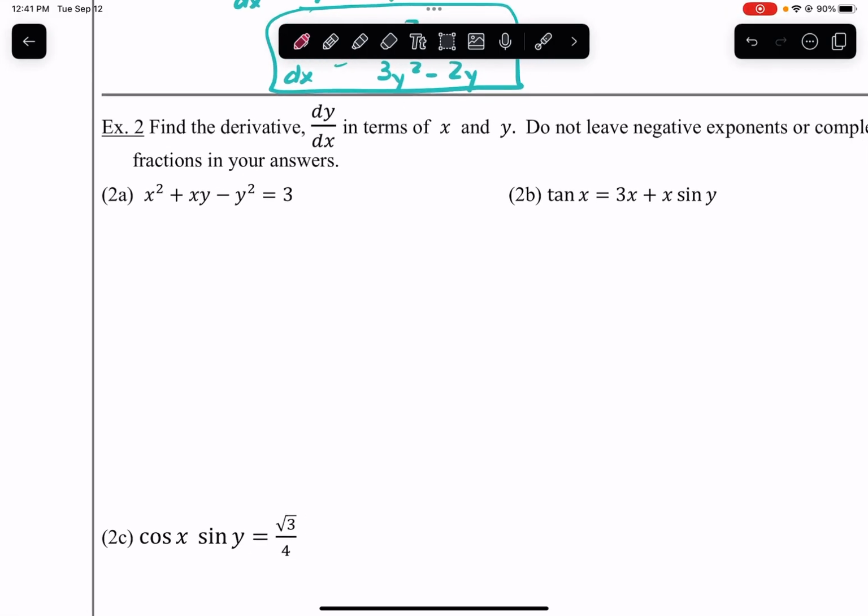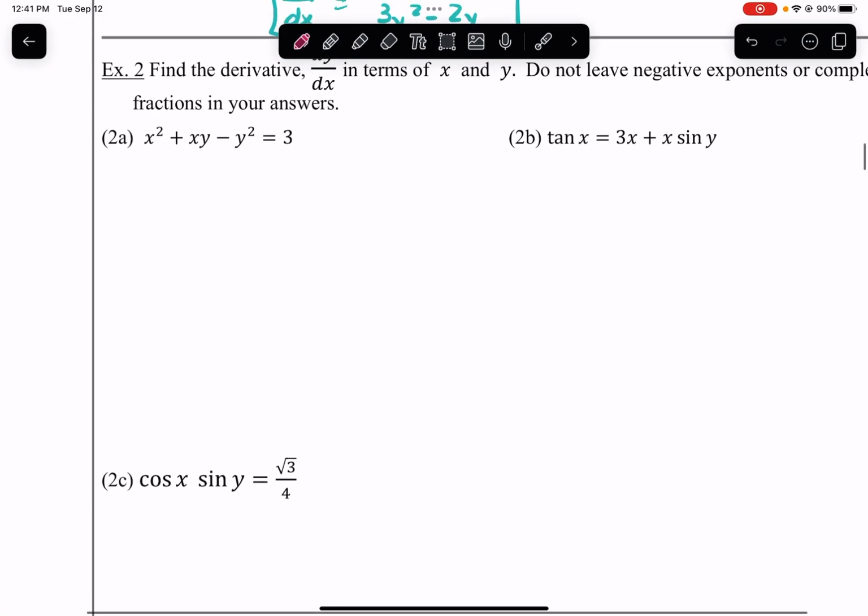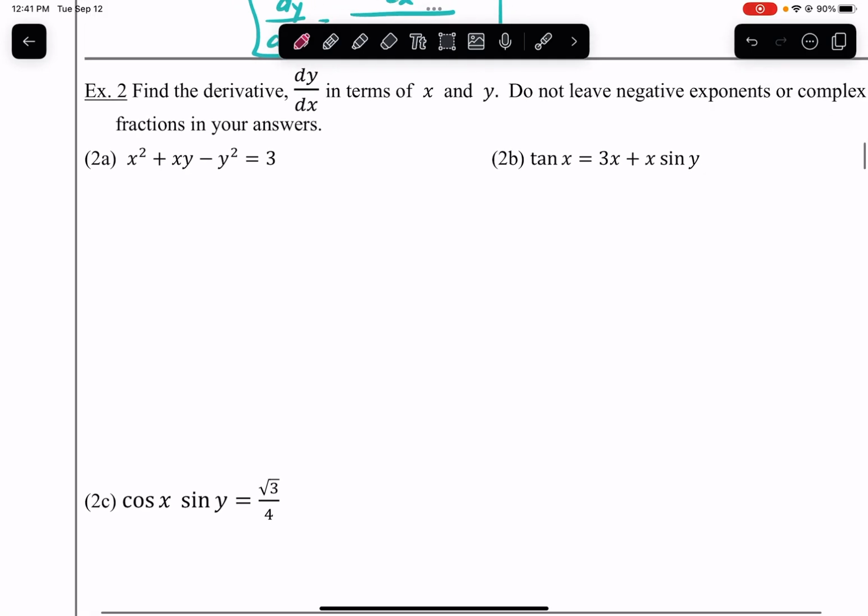We're going to find the derivative dy/dx. But now my x's and y's are all mixed up, so I need to use implicit differentiation. We're not going to leave negative exponents or complex fractions. The operation that we are applying is we are taking the derivative with respect to x of x squared plus